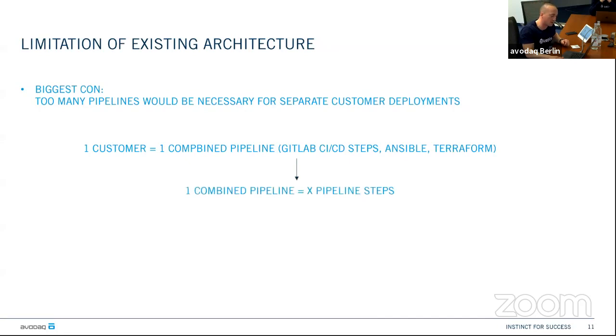And if we want to bring these pipeline steps to more and more customers, we would have a formula like this, and in the end we would need a dedicated person who's just working on the pipelines. We are here at Avodac, a software development team of 15 people, and it would not work this way because we have other solutions and services we are working on, and we can't hire an additional pipeline engineer every time we want to bring out a new service. So there needs to be a better solution out there.